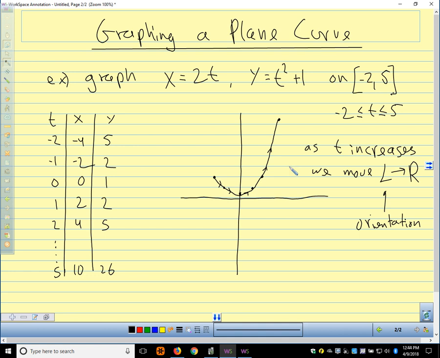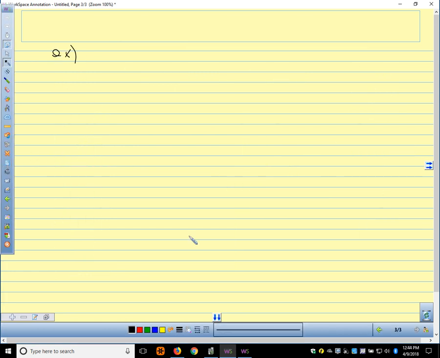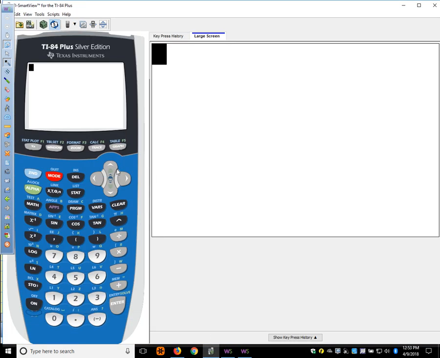All right, our calculator will also graph parametric equations. So let's look at that. All right, so in our calculators, if you go to your,